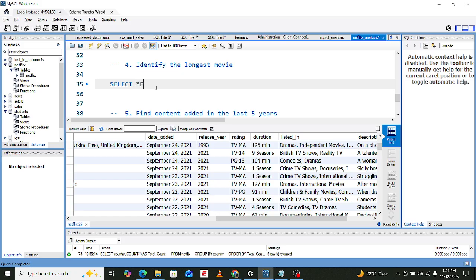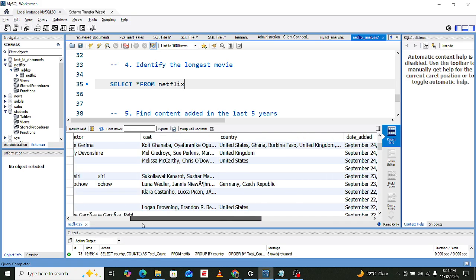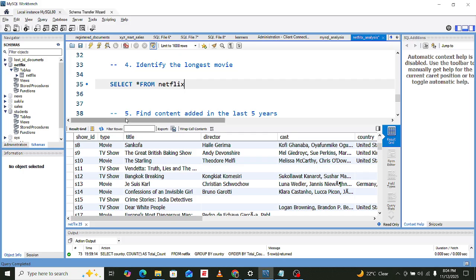Select all from Netflix. Maybe you first start with select. Select, then the title. You select the type and title. Or should you select just the title?